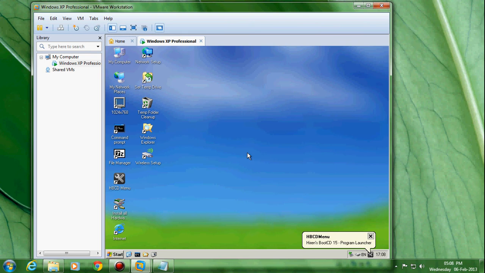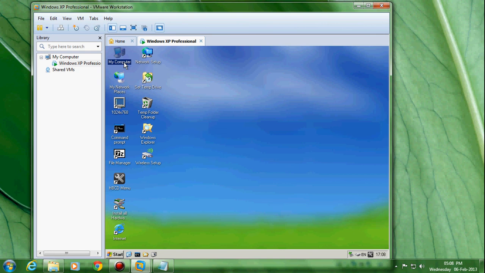In that situation this is much more helpful to us. See, right now the Mini XP was loaded from the Hiren's Boot CD, so it is independent of the hard drive. In this scenario, the hard drive is like a pen drive or removable drive, and it will work.